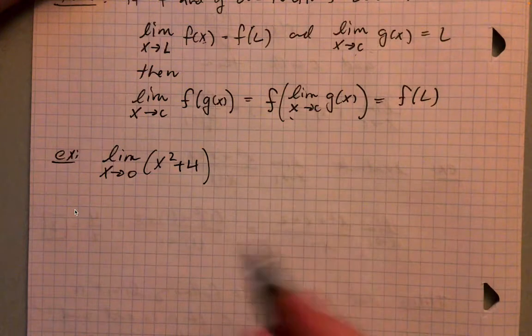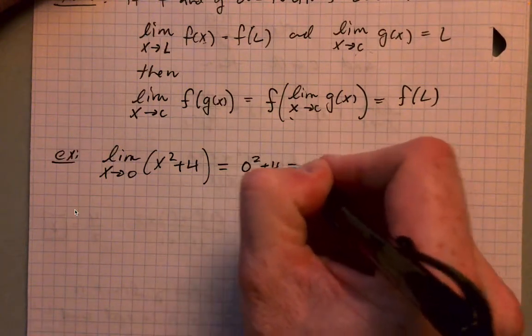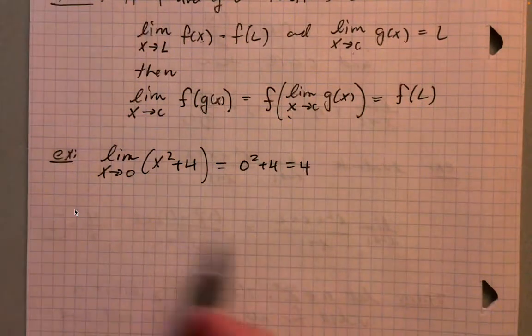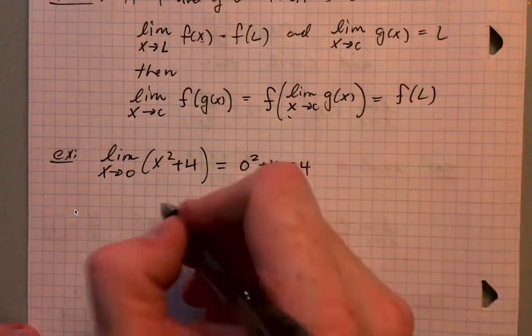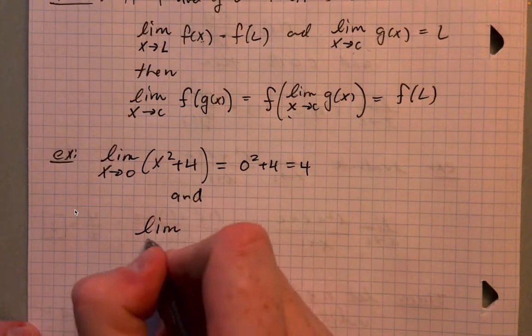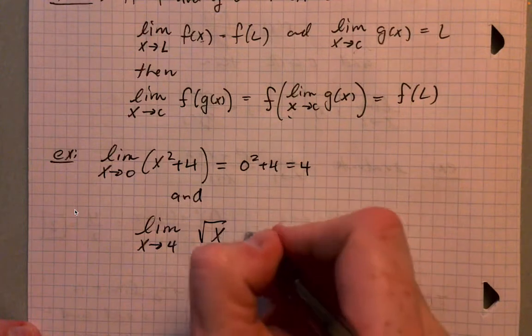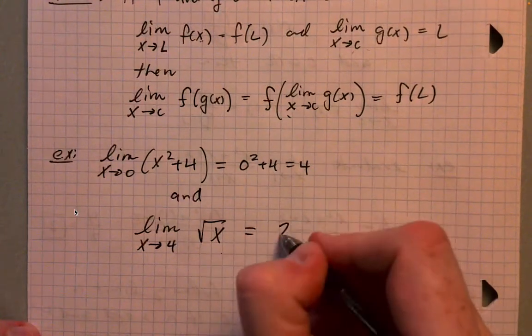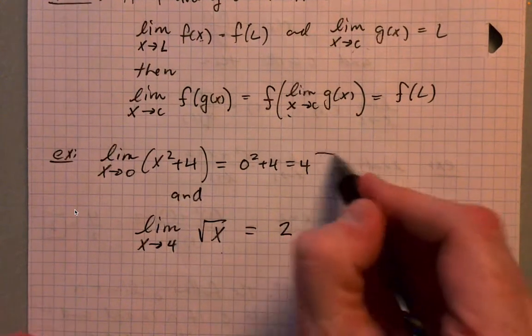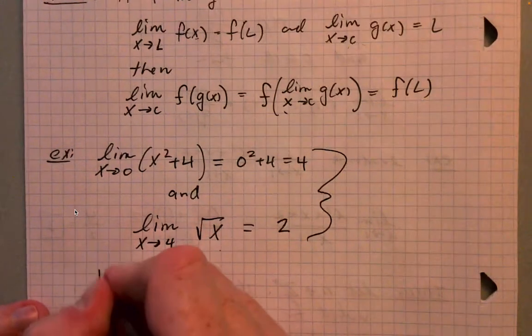We know that's equal to 0 squared plus 4, so it's equal to 4. And consider the limit as x approaches 4 of the square root of x, which we know is equal to 2. So you've got these two pieces. Okay, so then it follows